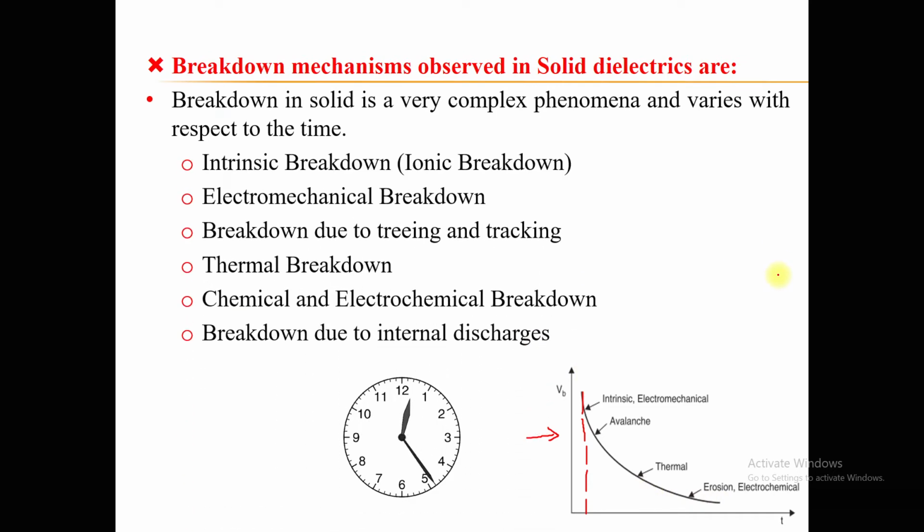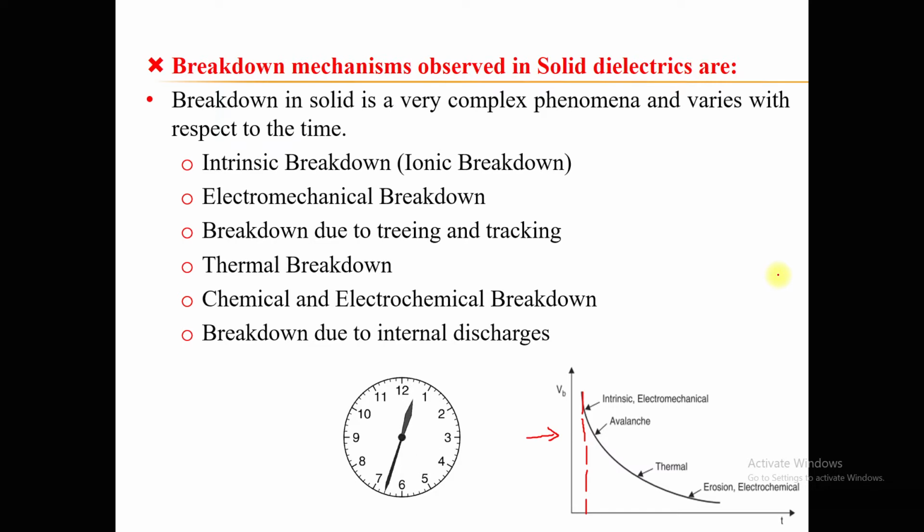So one is the intrinsic breakdown, that is ionic breakdown, second is electromechanical breakdown, third is breakdown due to treeing and tracking, then thermal breakdown, then chemical and electrochemical breakdown, and breakdown due to internal discharges. So these are the breakdown mechanisms which are normally observed in the solid dielectrics when they are subjected to a higher voltage. But again, the mechanism of failure depends upon the time of application of the voltage and the magnitude